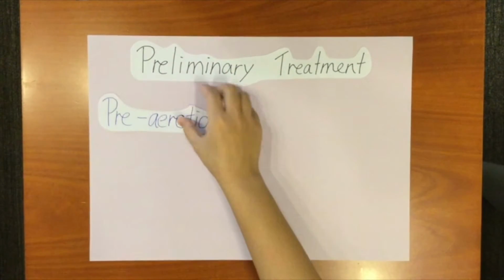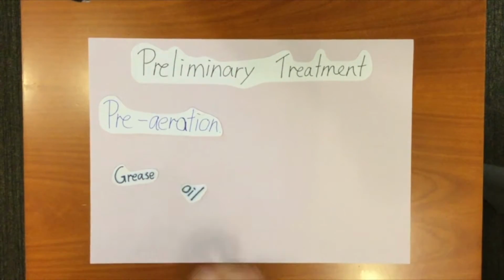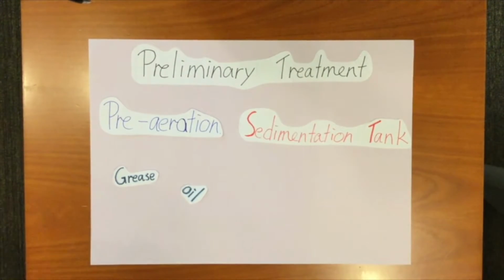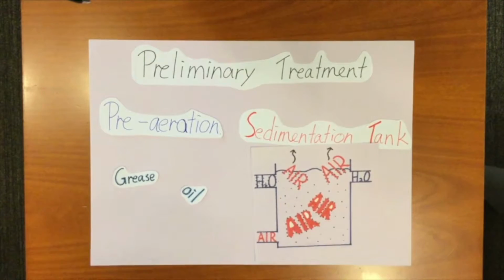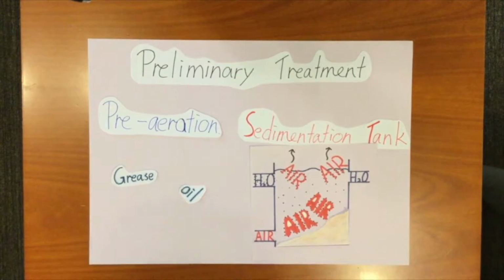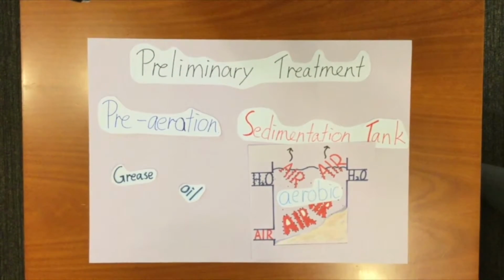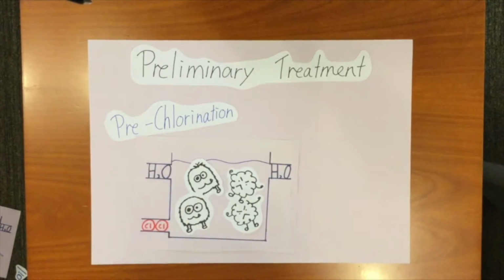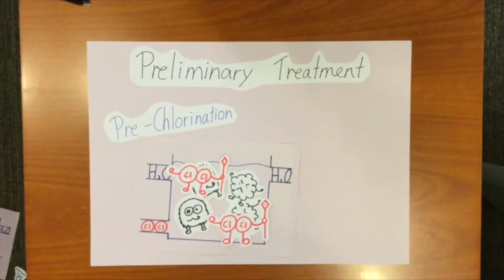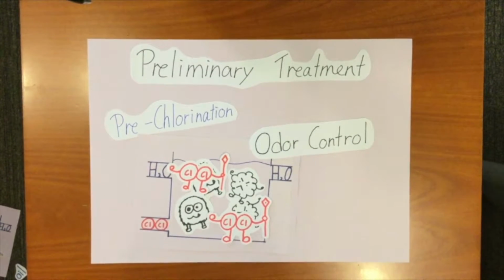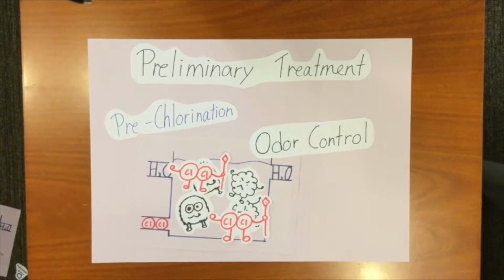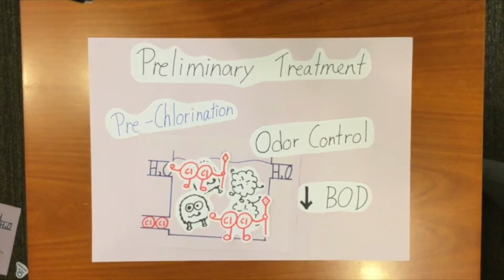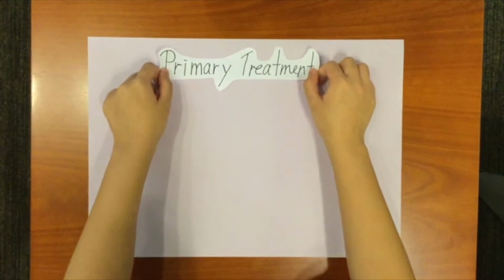In pre-aeration, grease and oil are separated from water in a sedimentation tank. Air is added to flocculate lighter suspended solids and provide aerobic conditions. Pre-chlorination is then used to destroy odors and slow down the bacterial decomposition. When the bacteria are in excess, adding limited chlorine can temporarily reduce biological oxygen demand. Second, primary treatment, which is the